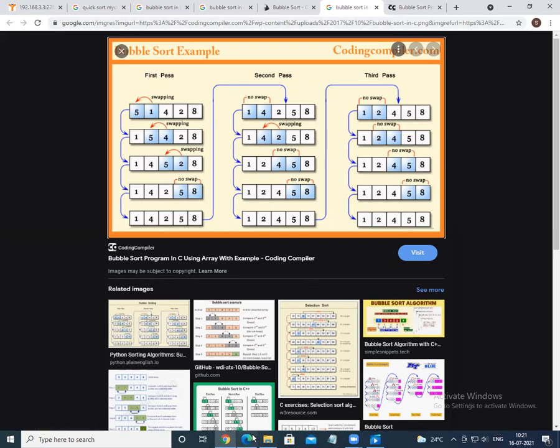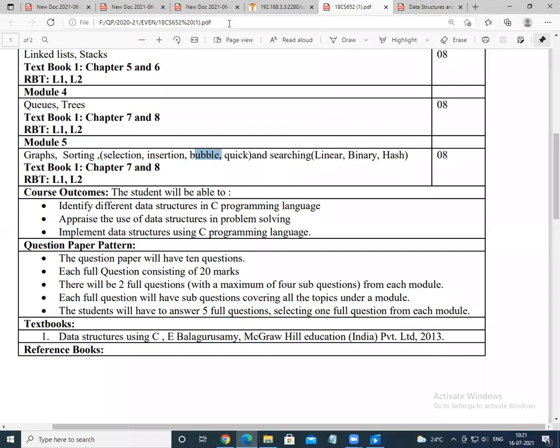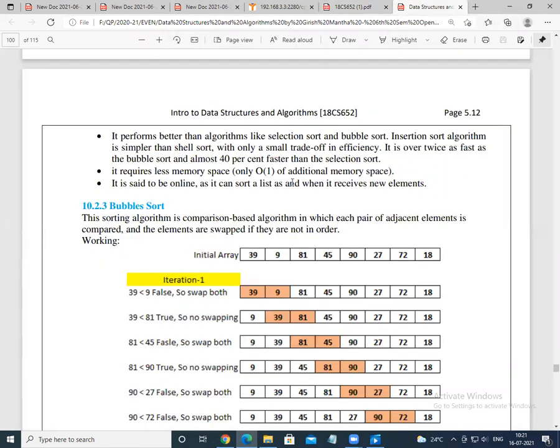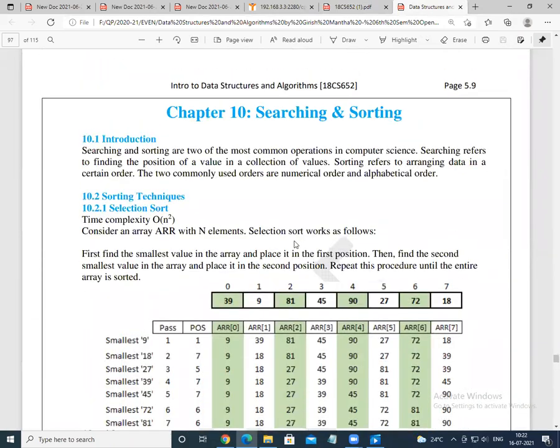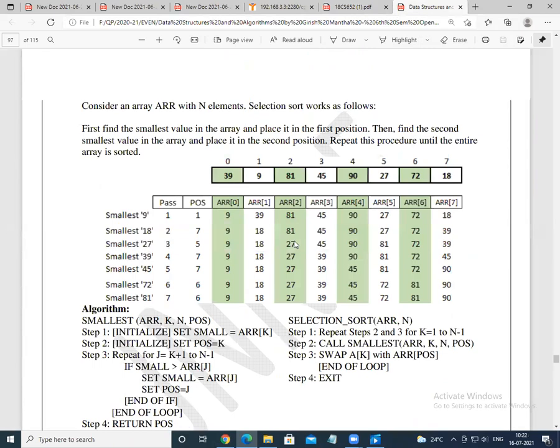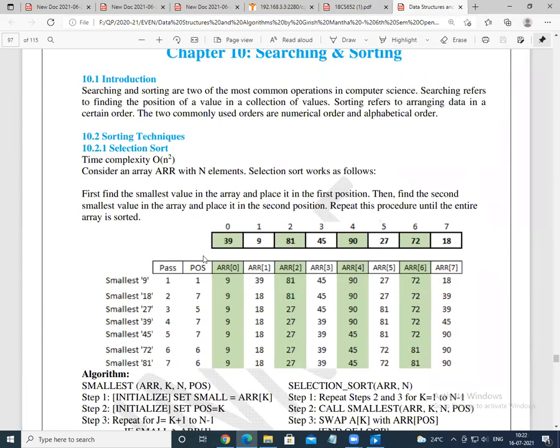That is bubble sort. Coming to selection sort, last class I explained what selection sort is. In selection sort, given these elements, first you find the least element in the complete array. The least element is 9. This 9 is positioned into a of 0, and it has been fixed. See, a of 0 is fixed with 9.